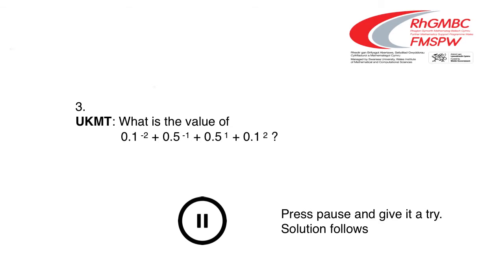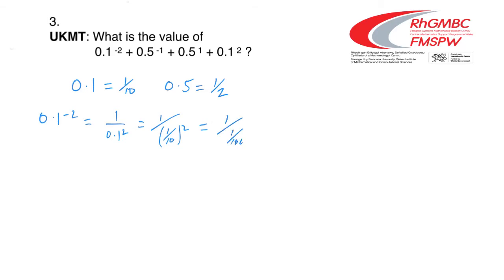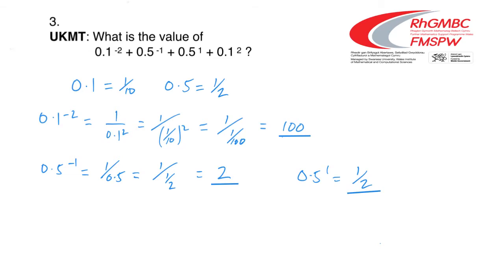Again, press pause when ready and give it a try. This is personal preference, but I would prefer to express the given decimals as fractions in order to proceed with this question. Considering each of the given values in turn, we see that 0.1 to the power minus 2 is 1 over 1/10 squared, which is in fact worth 100. 0.5 to the minus 1 is 1 over 0.5, which is in fact worth 2. 0.5 to the power 1 is simply a half, and